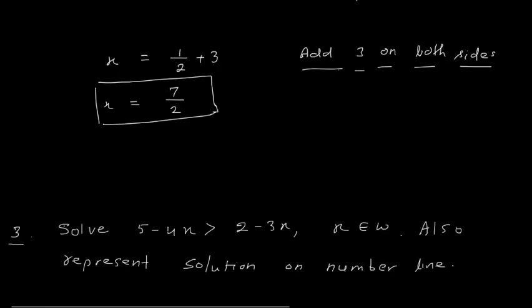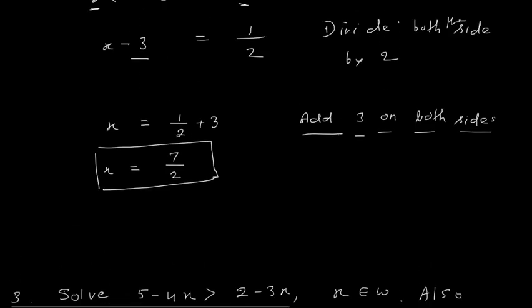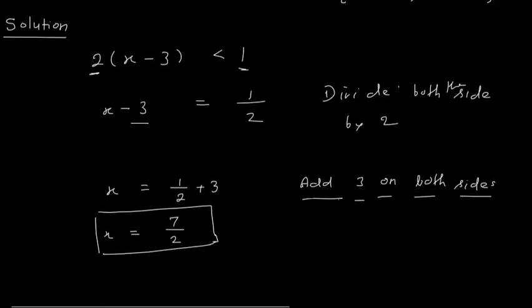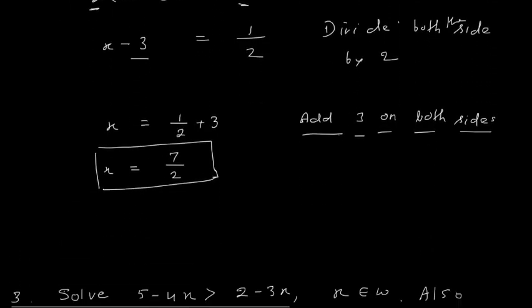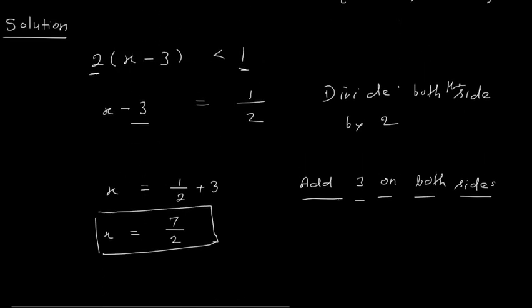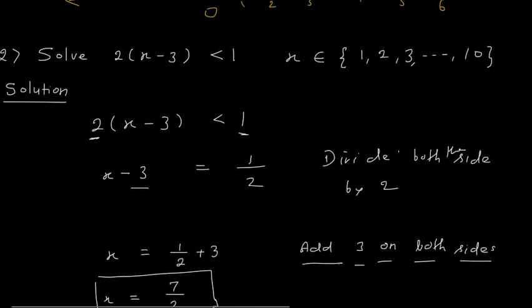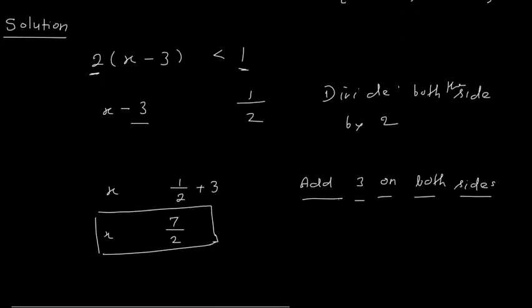But before we proceed to this third problem, let us understand whether the second problem we have done is the final answer or not. x is equal to 7 by 2. So yes, definitely we have made mistakes, in many places. This is not equal to, this is less than, right? Okay, so here I made a mistake. Now x is less than 7 by 2.